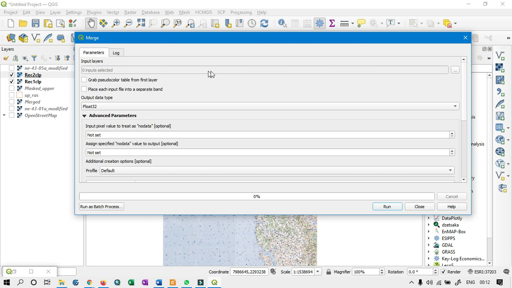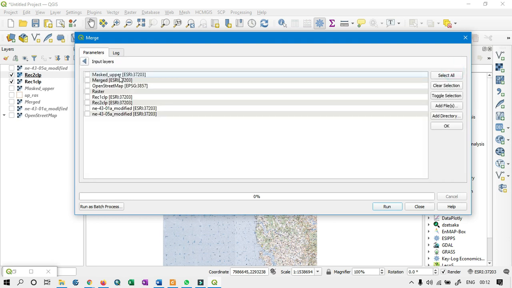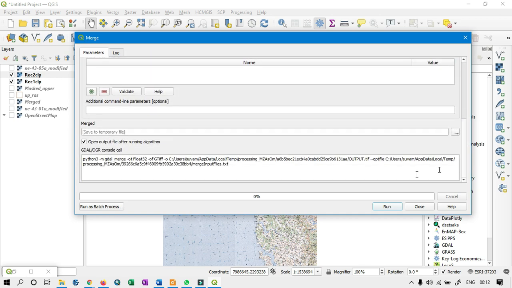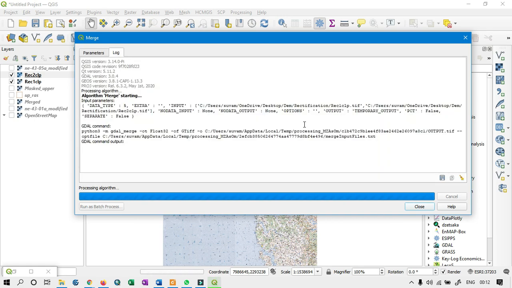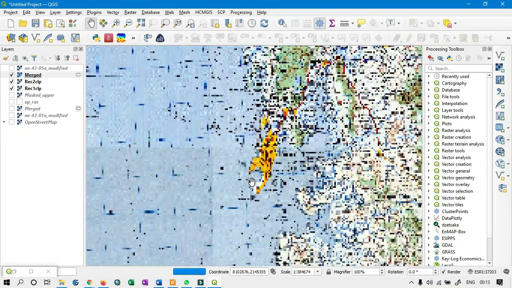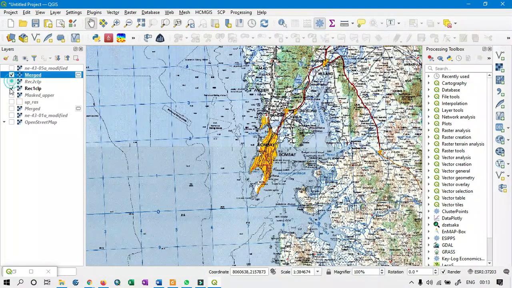From here select the merge button, and I am selecting here RC2, RC1 and OK, and the rest of the portion will be default, and click the run button. So after some time the merge will happen. Now see, our merged layer is this.